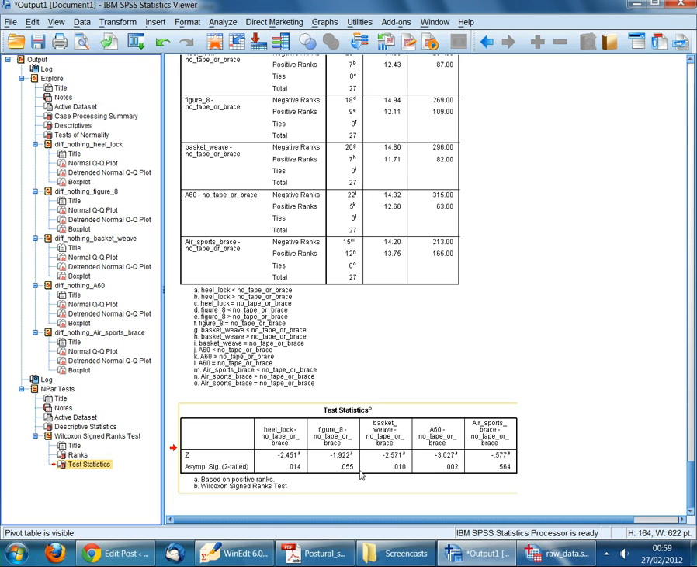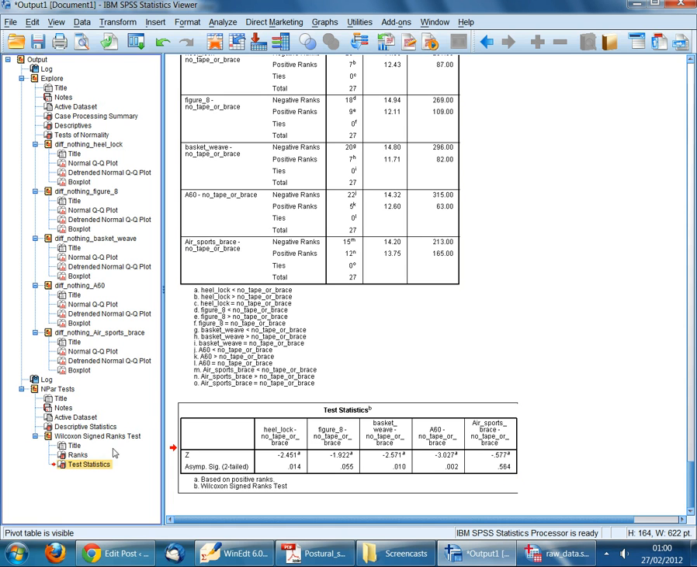So figure of 8 made a marginally statistically significant difference, basket weave made a statistically significant difference, A60 made a statistically significant difference, and the air sports brace did not make a statistically significant difference because the p-value is larger than 0.05. So to know what direction this difference was, so whether the technique made an improvement to postural sway, so reduced the wobble, or whether it actually worsened the sway, so increased the wobble, we need to look at